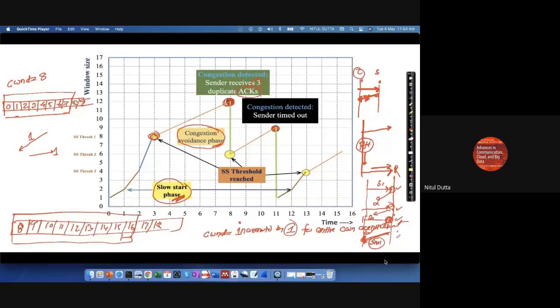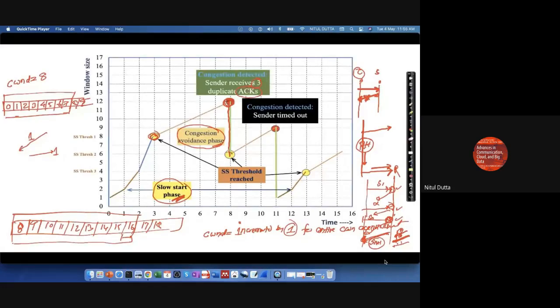If it gets this kind of 3 similar acknowledgements, it is assumed that there is a congestion in the network. So on reception of such 3 duplicate acknowledgements, it will drop down